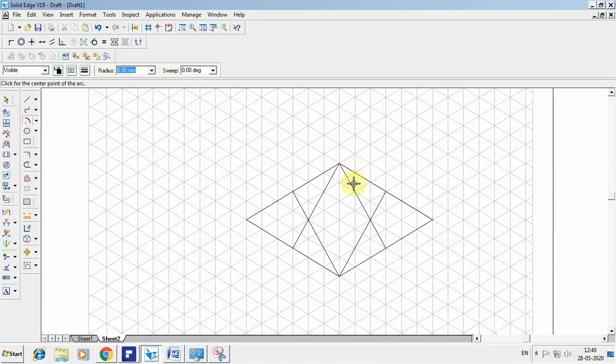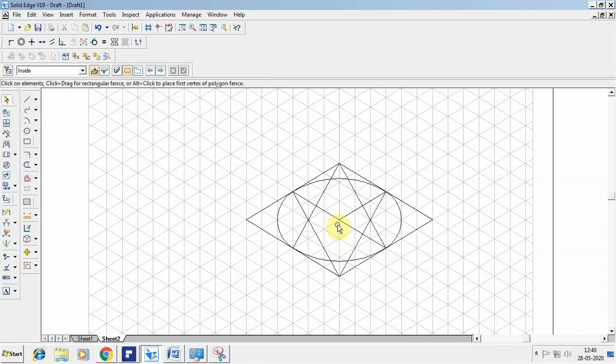Go for arc by center point now. This is the center. This is the radius. I want to connect. Similarly from this I want to connect to the end points. Now go for the intersection of this. Select the lines and join the points. Again I want to convert into the circle. So once you've done the circle, identify the center point. Again from the center I want to create. So now this will be the center.